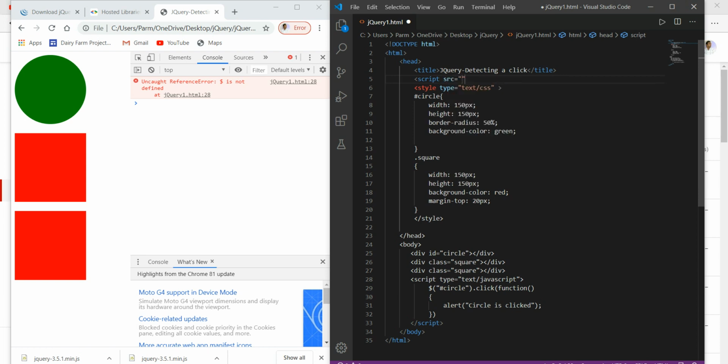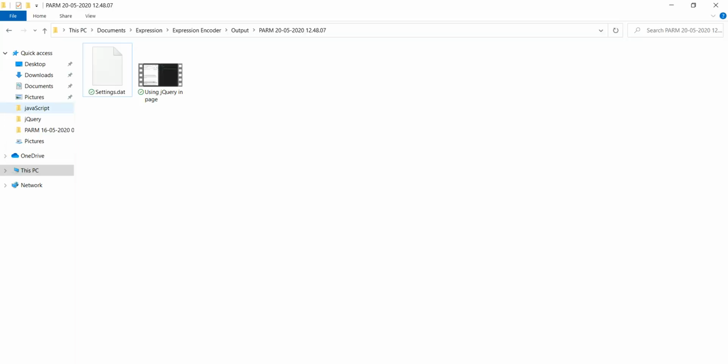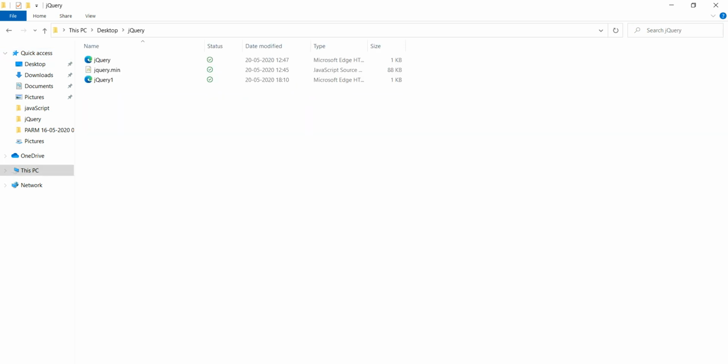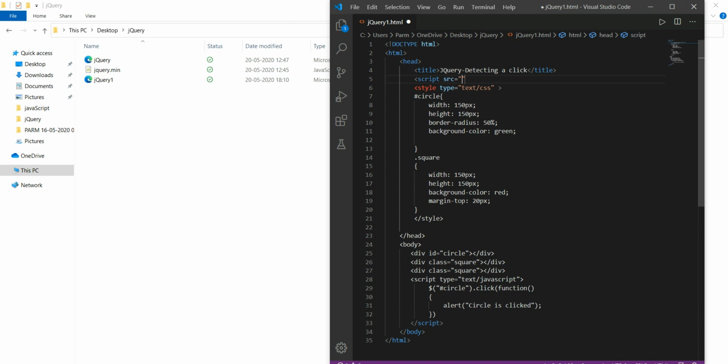We have already downloaded the library file, in our case on the desktop in the jQuery folder, and the file name is jQuery.min.js. So we have to include this file here. That is the problem: we have not included this file in our program, so that's the reason it's not identifying this symbol.